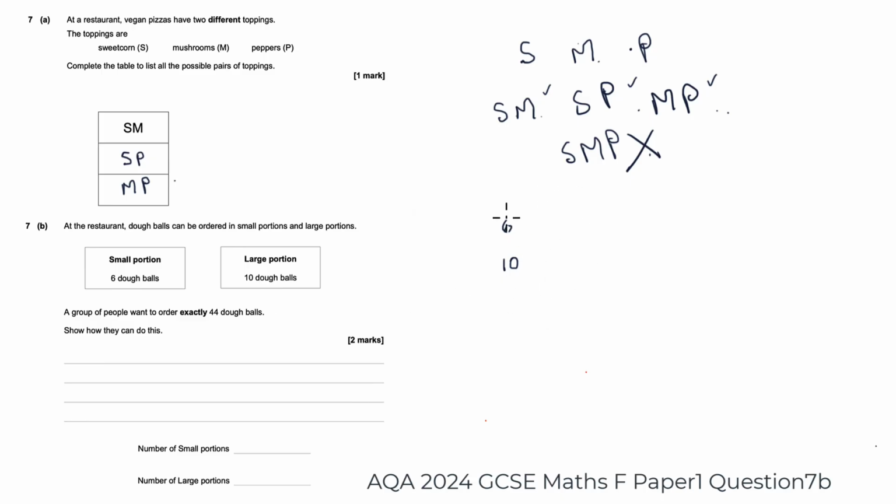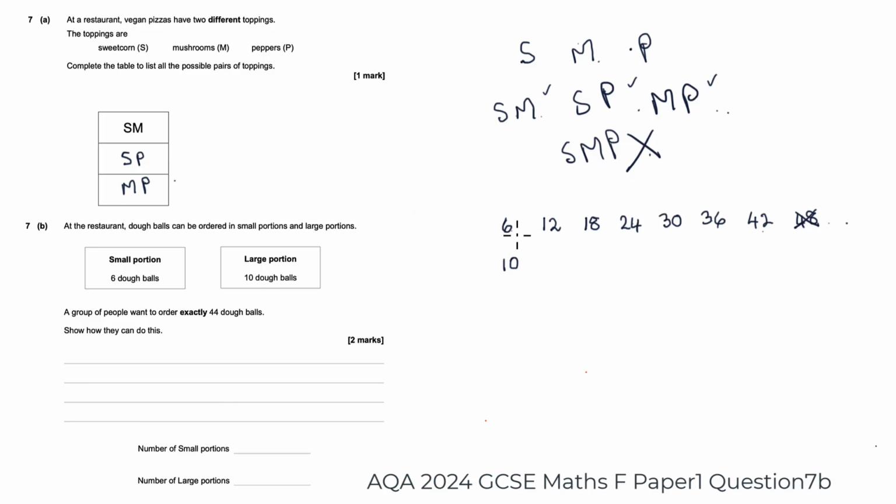Now, let's look at the 6. Now, your 6 times table, 6 and another 6 is 12. 2 6s are 12, and another 6 would give you 18. Another 6, you'd be up to 24. That's 4 6s. Another 6 gets you up to 30. We might as well keep going because 44 is a bit bigger than this. And then another 6 would be 42. But if you add another 6, you get 48. 6 8s are 48. 6 7s are 42. So that's too big. But you'll notice that we cannot get 44